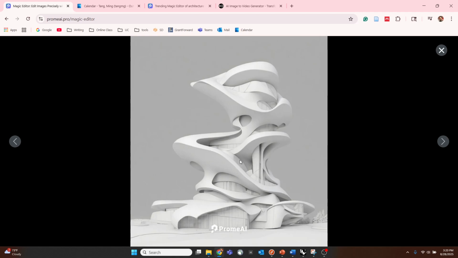I think this one is a pretty nice illustrated curved shape. So I bring that into Trellis. All right, so in Trellis,